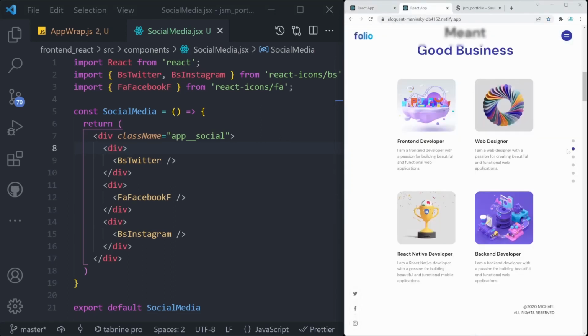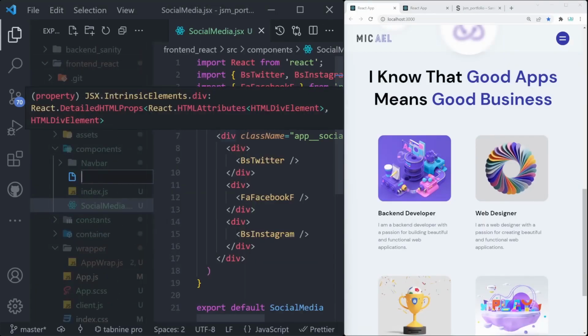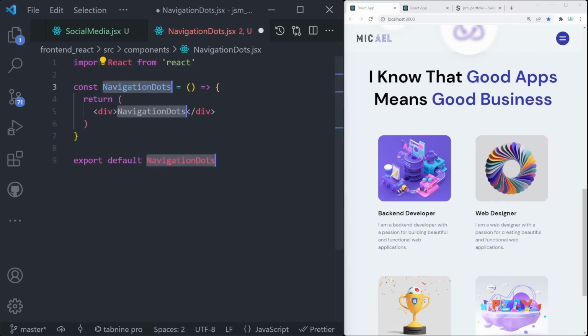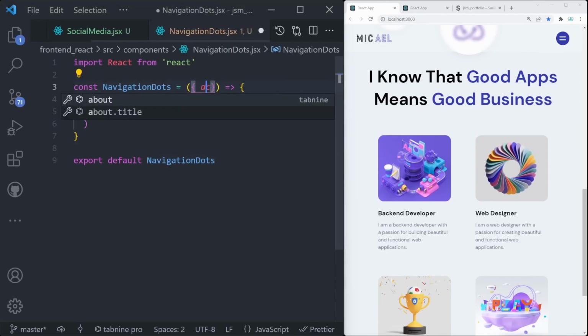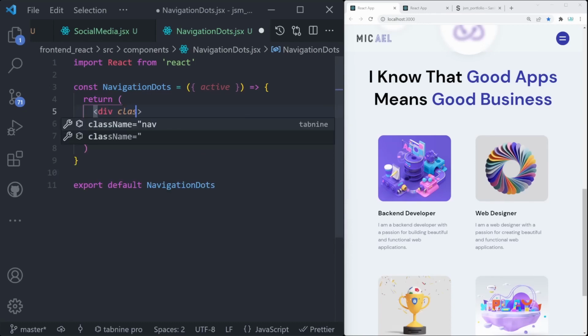Now let's also do the navigation dots. So to do them, we can create a new component inside of the components folder called navigationdots.jsx. It's again going to be an rafce, React Arrow Function Export component. And inside of here, we're going to accept one prop, which is going to be active. This is going to tell us on which section we are currently. Inside of here, we're going to have a div that's going to have a class name